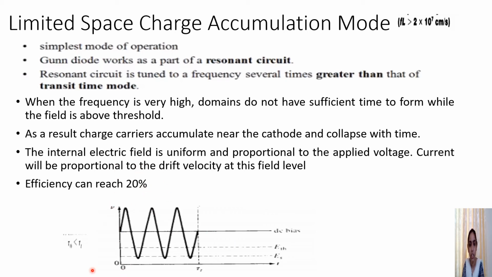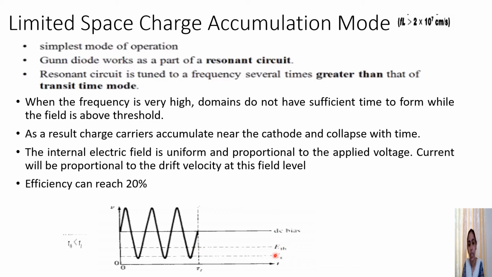And when you are observing the figure, we can say that the larger part of the domain will be maintained in negative conductance. During a large part of the voltage cycle, the domains are in the negative conductance region, and the period of oscillation will be lesser than the transit time τt through the device. So here the period of oscillation τO will be lesser than τt. And remember to show these values, that is the ETH and ES.